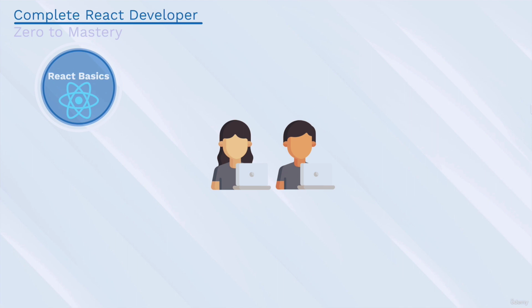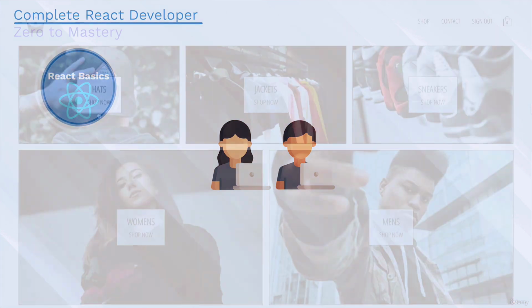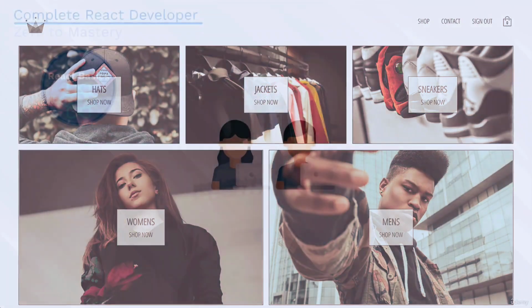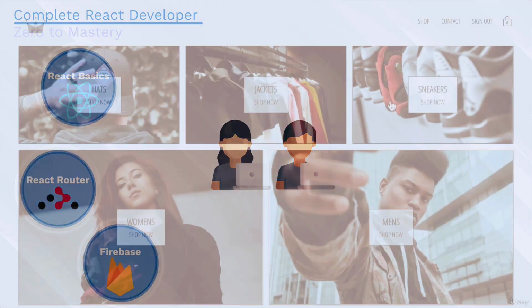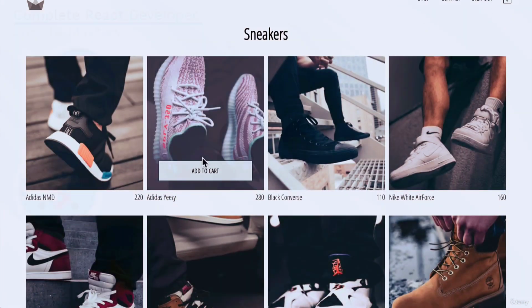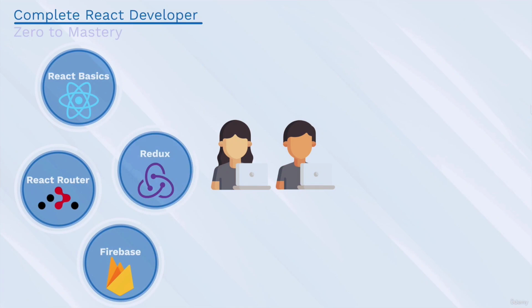But this is the fun part. Using the basics that we've learned in this section, we're going to right away start building our large e-commerce app. We're going to introduce topics like React Router and Firebase to have different pages on our app and also do user sign-ins. We're also going to start adding Redux into our application so that it's ready to scale. And then finally, we're also going to add payments using the Stripe API so that people can actually buy stuff